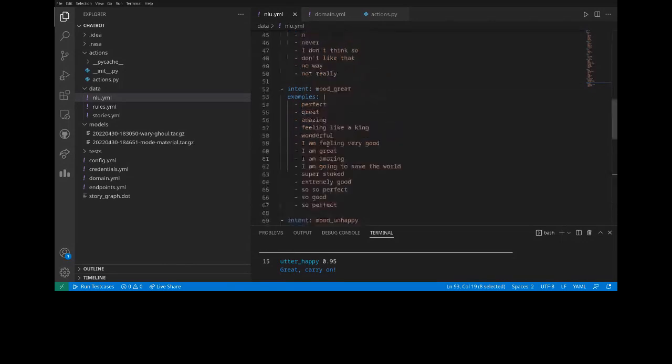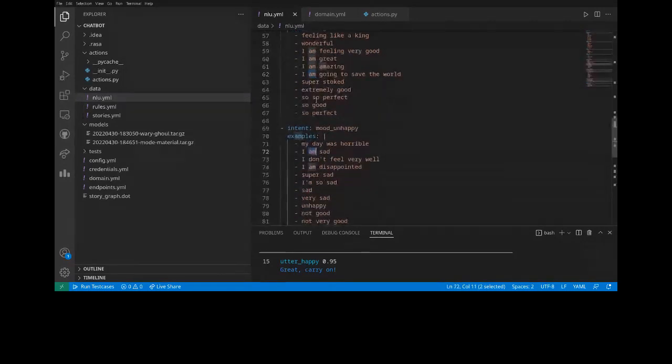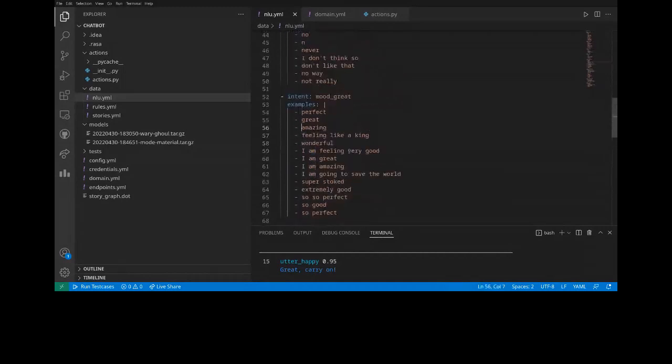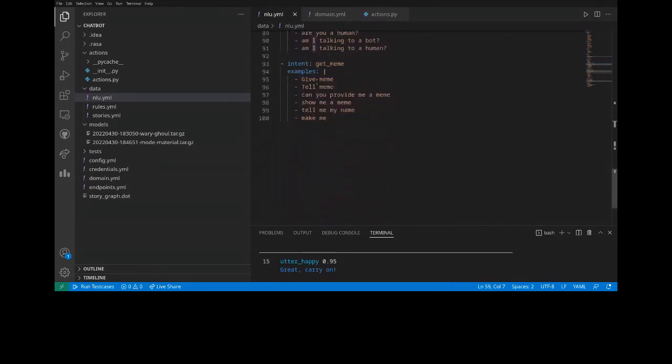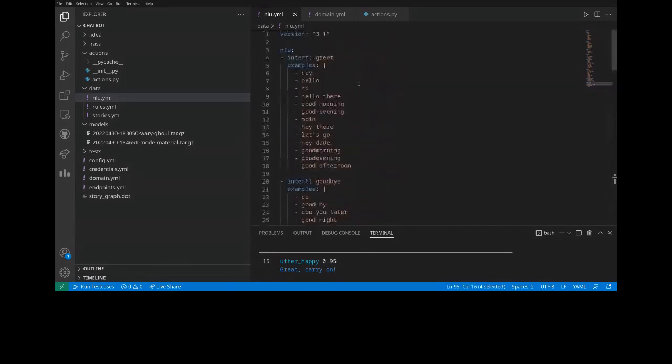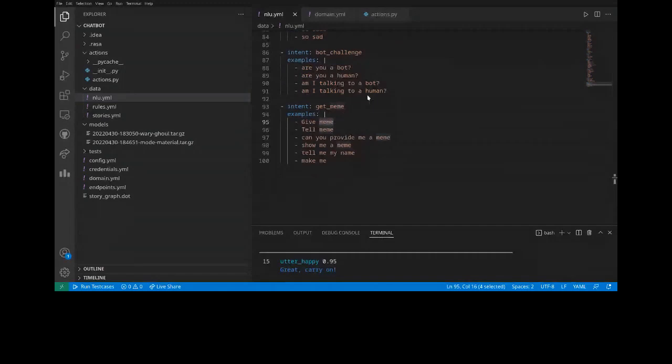Here, let's say there was great, I am, like I am sad. If a person would have just written I am, then there are a lot of confusions, right? Because mood great is also a problem because it's like simple English, but here there are different examples where its accuracy will be mixed. But when I'm just writing, let's say, just meme, there is no confusion at all, and it will directly understand. So I think I was clear here.